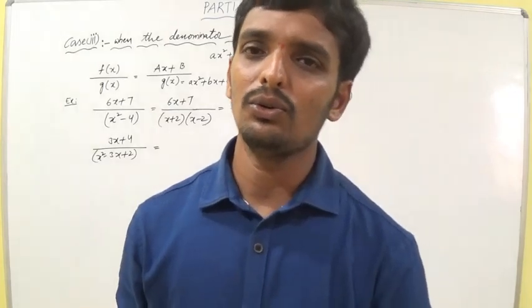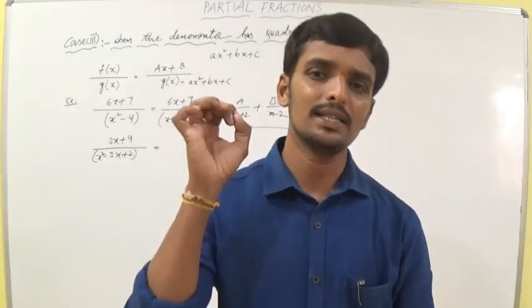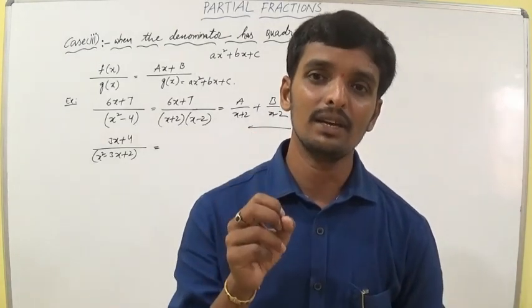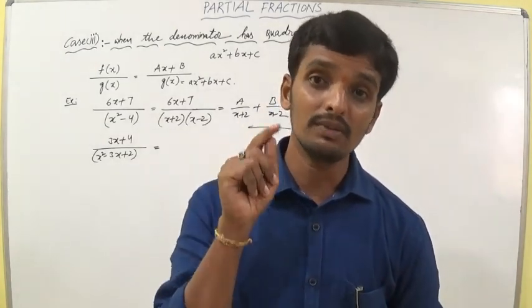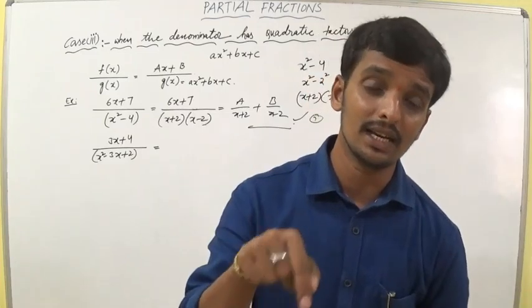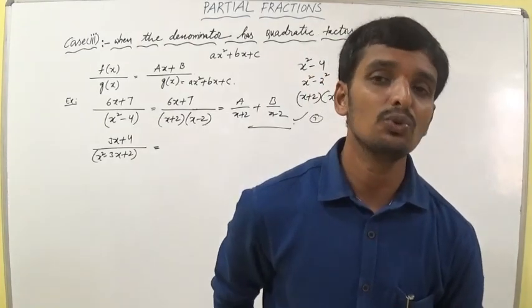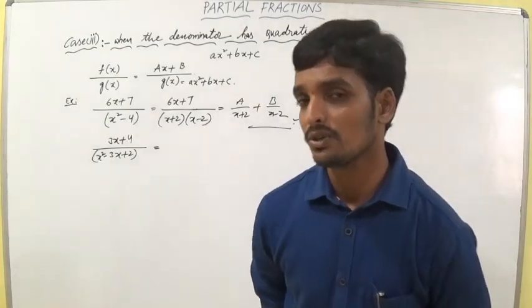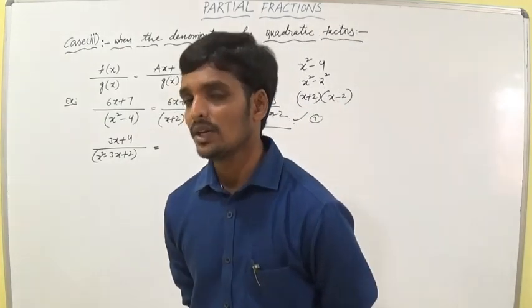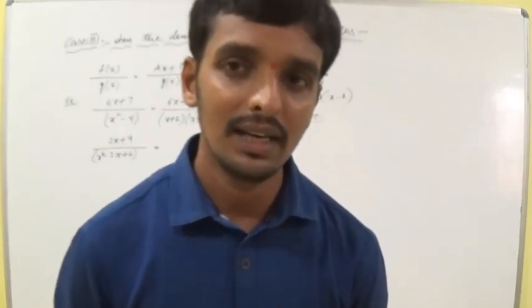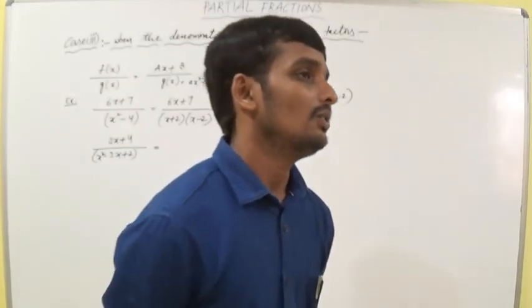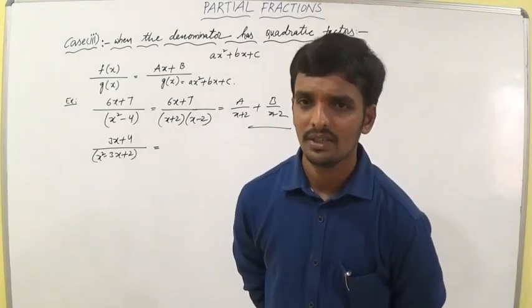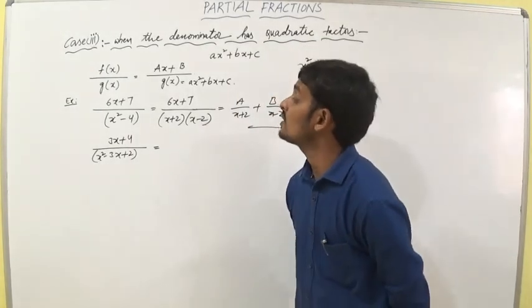I think you know very well about delta. Delta is the discriminant. What is the formula for the discriminant? b square minus 4ac. If b square minus 4ac is greater than 0, it has 2 real roots. If it is equal to 0, it has 2 equal roots. If it is less than 0, it has no real roots. So we have to find this in our mind. Can we find b square minus 4ac for the problem?